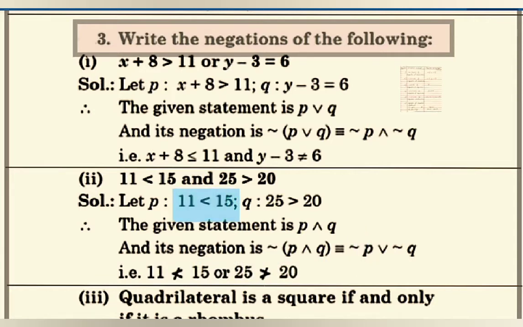The P statement is 11 is less than 15, but here we write 11 is not less than 15. This is the negation P, or this symbol "or" right here. And negation Q means 25 is not greater than 20. This is the negation Q. Next,